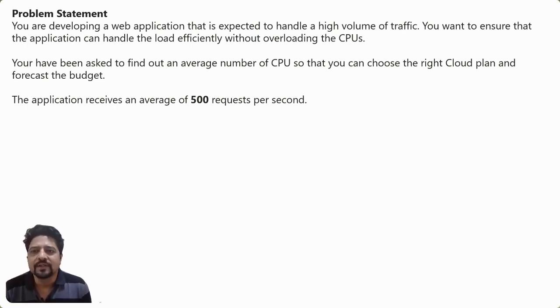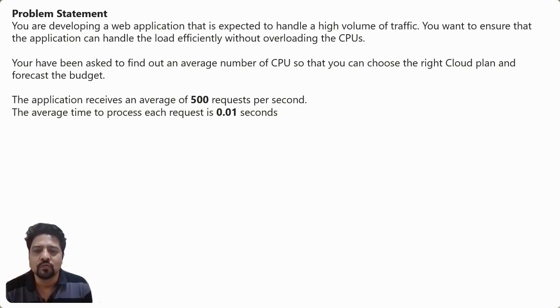Now, as part of the average requirements, you realize that there are 500 requests which need to be processed per second. That basically you could get from the peak user calculations, right? Then there are two implicit requirements. Possibly you need to understand what could be the average time your CPU may take to process one web request. The industry best practice is 0.01 seconds, but that could differ if you are using very data-intensive applications. And the third most important aspect is what is the CPU utilization you want to aim for,